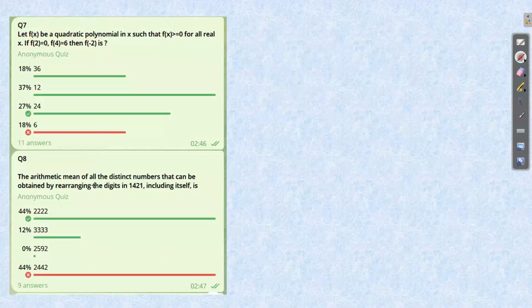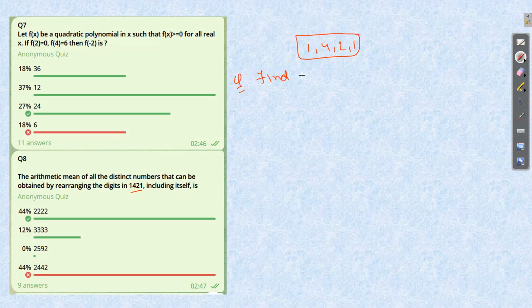Now this question: the arithmetic mean of all the distinct numbers that carry four digits. Basically, if you closely look, this is the exact same question. You must have done it in the course: find the sum of all the four-digit numbers which can be formed